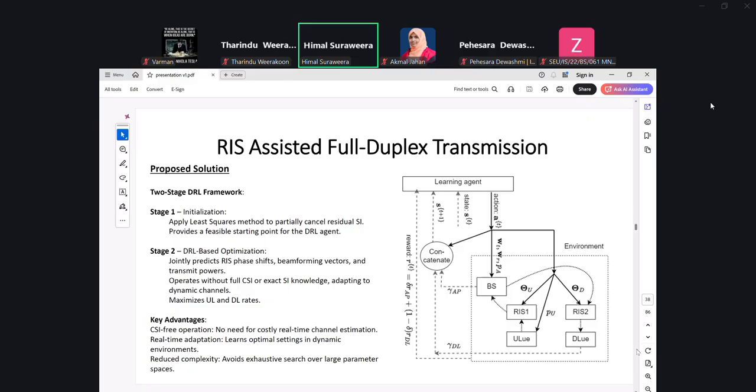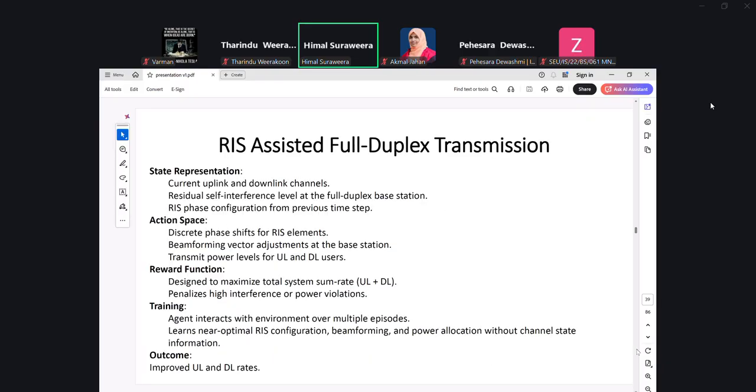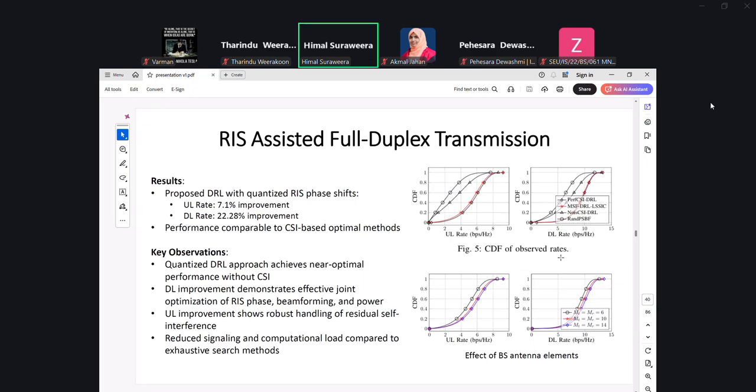I think you got some information about reinforcement learning from Dr. Tarindu's lecture. We used reinforcement learning to solve this optimization problem, and then we showed that the results were good. For example, in future, these kinds of techniques can be applied in the context of future wireless